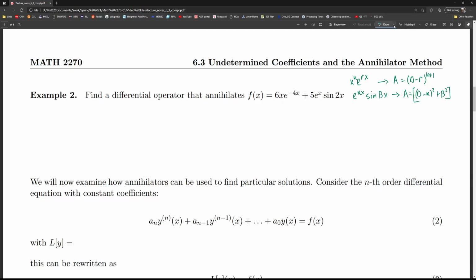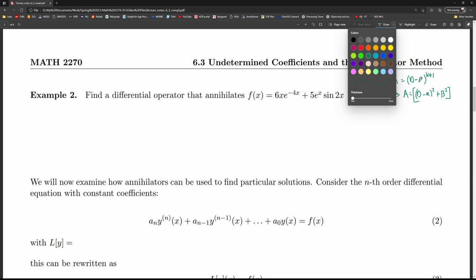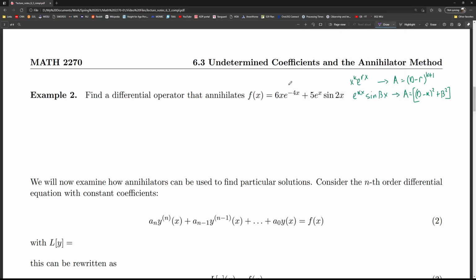So we need to figure out what r, k, alpha, and beta are in these cases. For our first part of our function, we have x e to the power negative 4x. So if we compare that with x to the k e to the rx, we see the annihilator that we have to use for that is